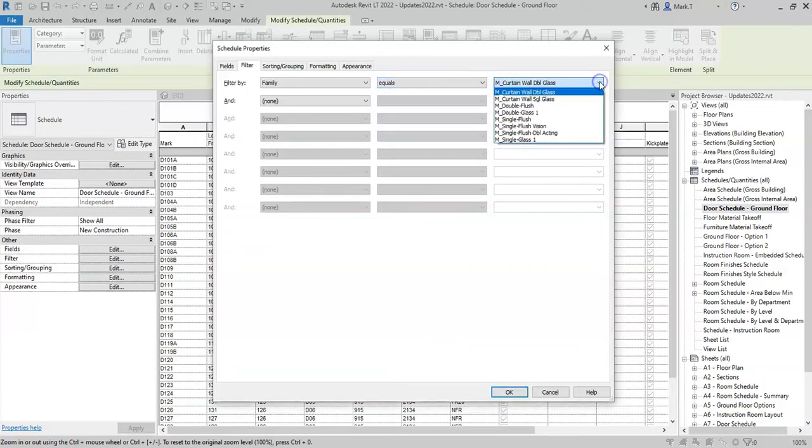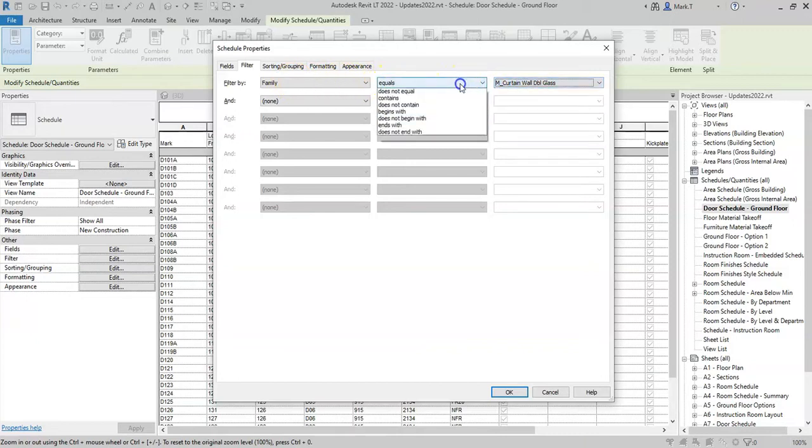I want my schedule to just include standard doors and not curtain wall doors, so I can see that the curtain wall doors all have the words curtain wall in the family name, so I can say filter by the family does not contain, and then I can type in curtain wall. I will click OK,